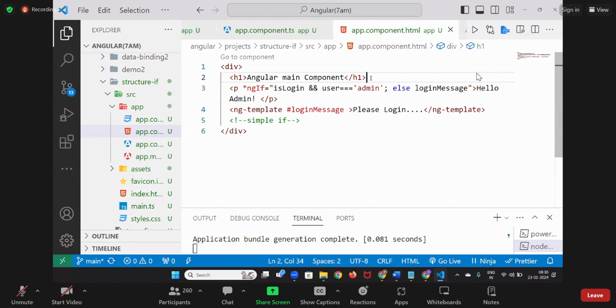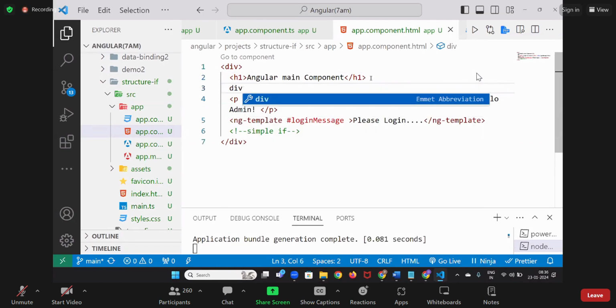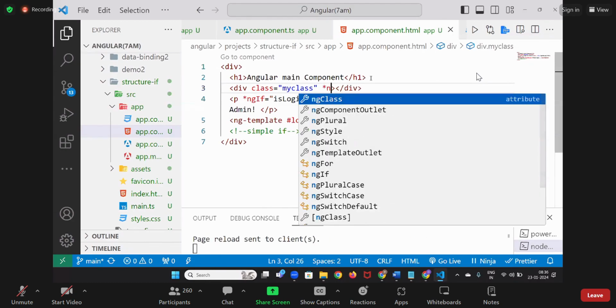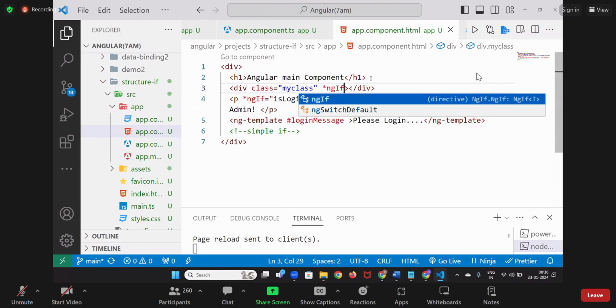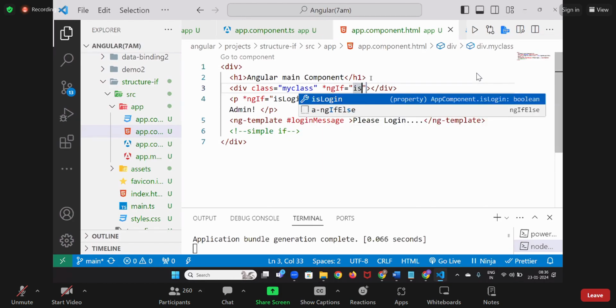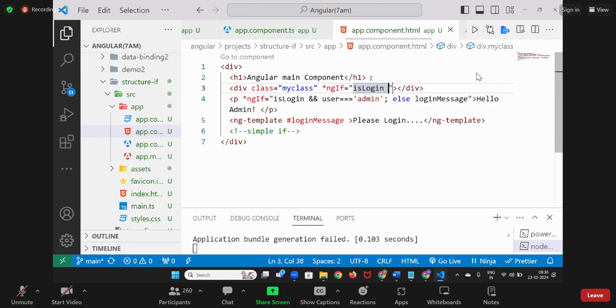Now see, they created one div, and this div is an empty div, right or not? Now let's give this div a class, so that you will understand about this div. And here I'm writing ngIf. You can write ngIf or ngIf else or so many things. Ngif, and I'm saying it is login, if this guy is logged in. Okay, then here,